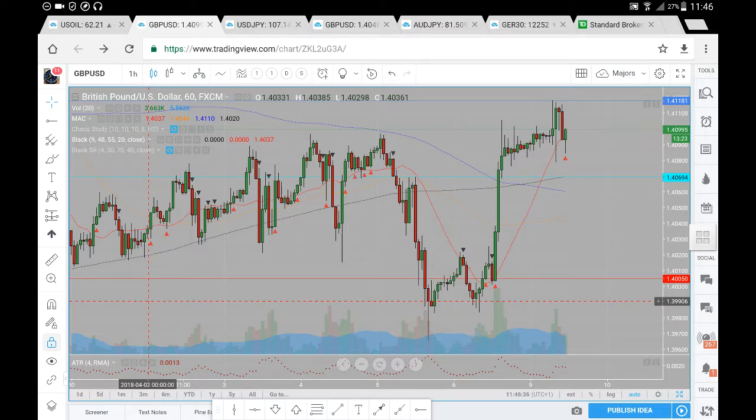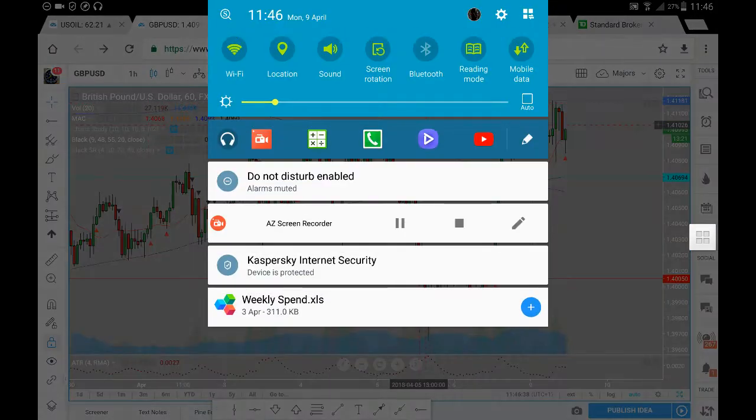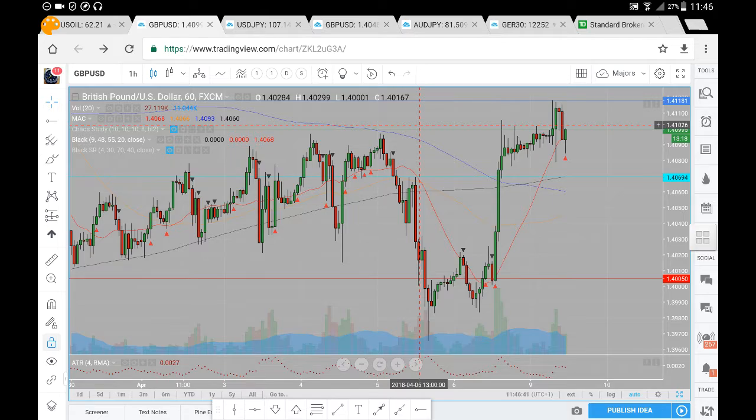So this is the pound dollar analysis for Monday the 9th of April. Now let's just have a look at where prices may likely go. So previously we saw sell side momentum come into this market, bringing us all the way down towards